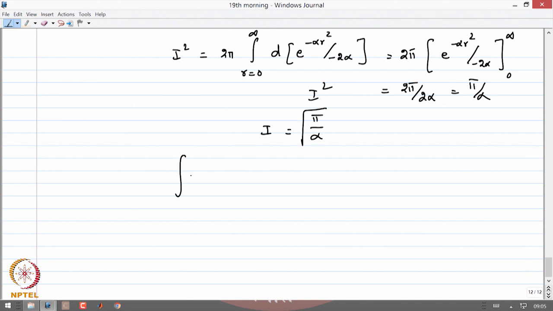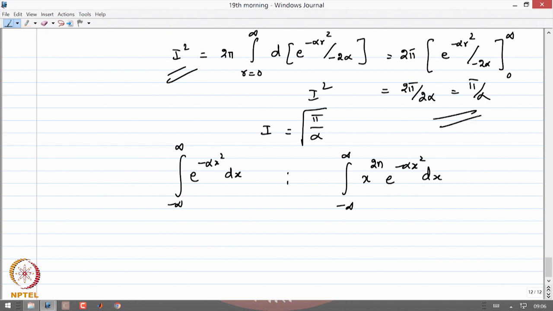And once you know this integral e to the minus alpha x square dx from minus infinity to plus infinity, you can calculate any number of them, namely minus infinity to plus infinity x raised to 2n e to the minus alpha x square dx by simply repeating the partial integration until you reach the point with no other polynomial of x except e to the minus alpha x square dx. At that point you put that integral as root pi over alpha. Therefore, you can generate the entire integral series using this elementary but one of the most important integrals. We will use this in harmonic oscillator,